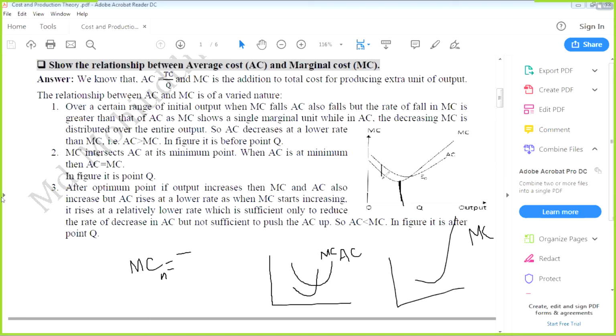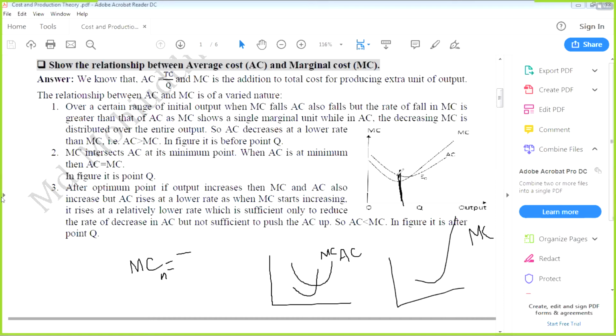Look at here. What I am trying to say here is, you are saying that sir, both are the same or not? No, both are not the same. Take this level of output, you will say, sir, marginal cost and average cost both are decreasing. Okay. But what is the rate? Which one decreases more? It is difficult to understand. For that reason, we don't take this level of output. We have taken this level of output, isn't it? Yes, sir.